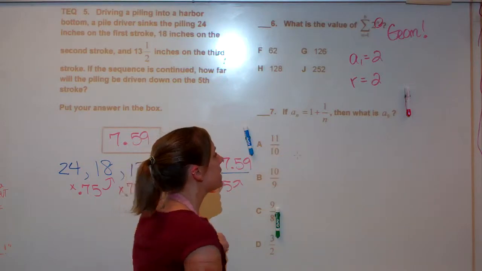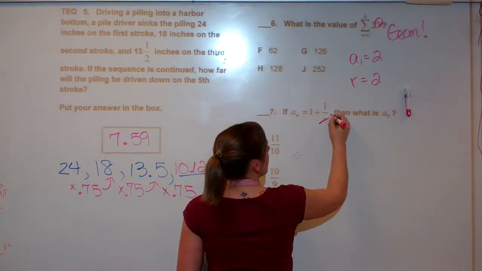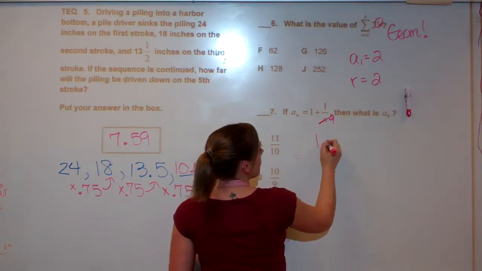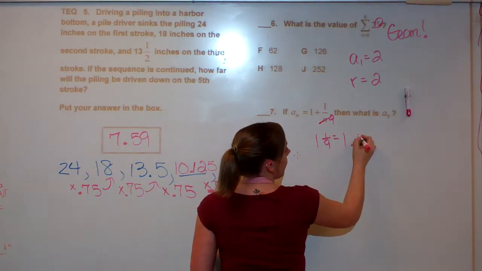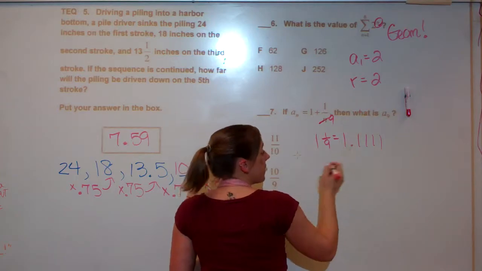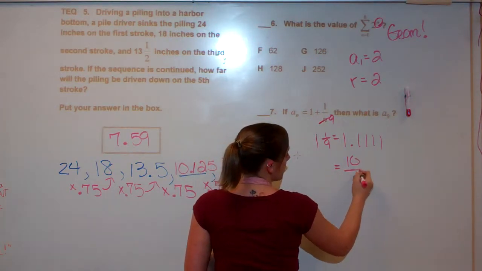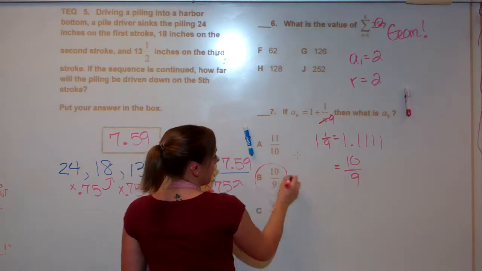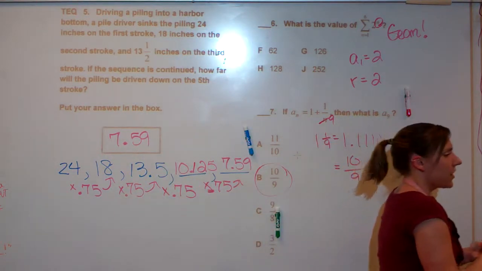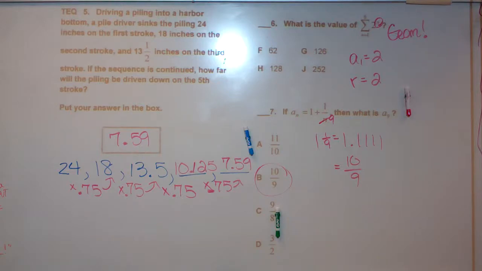All right, this one's pretty easy. Take the n out, put a 9 in. 1 plus 1/9 is 1 1/9. In your calculator, you get 1.1 repeating. And then when you do math, enter, it's 10/9. Or multiply that, add that, and you get 10/9. Okay, but you guys are pretty fine with that one. So then,